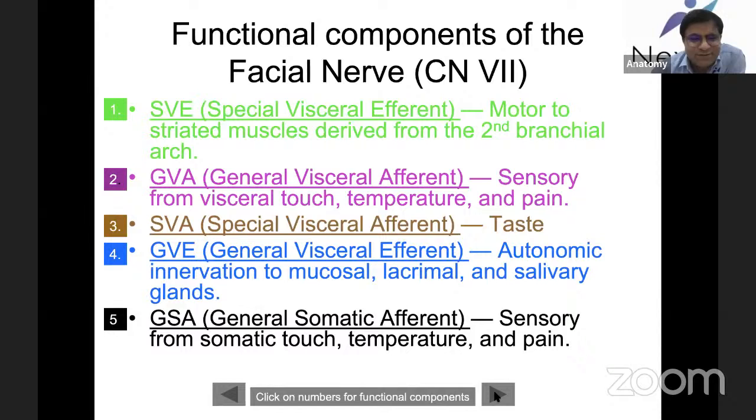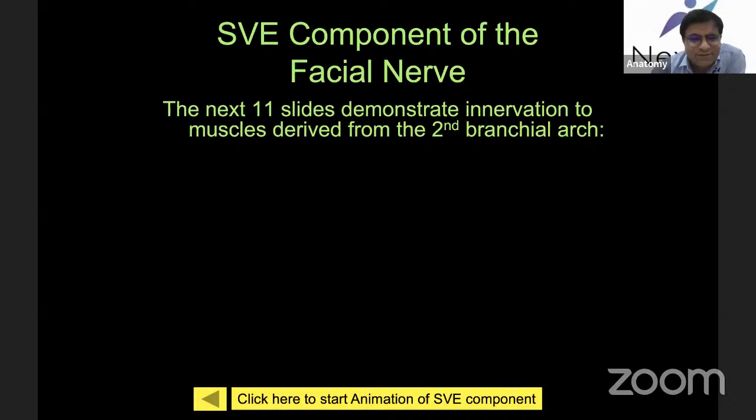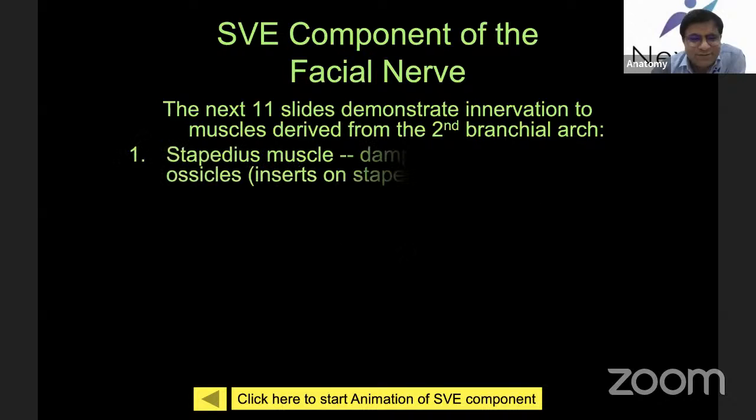Now here you're seeing the special visceral efferent of the facial nerve. We talk about this, right? The next 11 slides demonstrate the muscles derived from the second branchial arch. Keep a focus upon this. We're going to see the animation later on. So, it inserts on stapedius of the middle ear. Then the posterior auricular muscle, that's the posterior muscle, it elevates